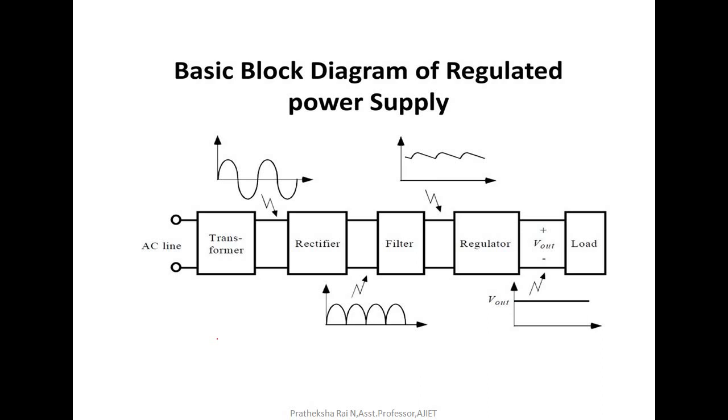So let us see an example. Now we have to use a regulated power supply or regulated DC supply. So how do you find this? It is not as simple as just thinking that the rectifier will do the work. No, because the rectifier is giving you just a pulsating DC and it is not pure form of DC.